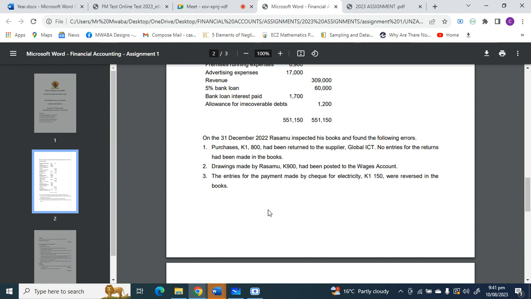Now here, this person credited cash, but instead of debiting drawings 900, he debited it to the wages account. So in the wages account, there's a 900 that's not supposed to be there. We need to remove that 900 from the wages account and take it to the drawings account. So to do that,